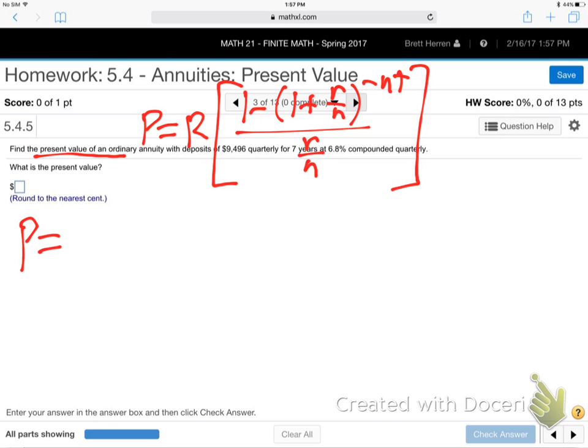What's the R always in these formulas? It's the payments. I don't know why they use R, but R is the payments. The payment is the 9,000. Right, we want some, they're saying, what's the size of the pile now? What's the present value of the pile now that will make payments to us of